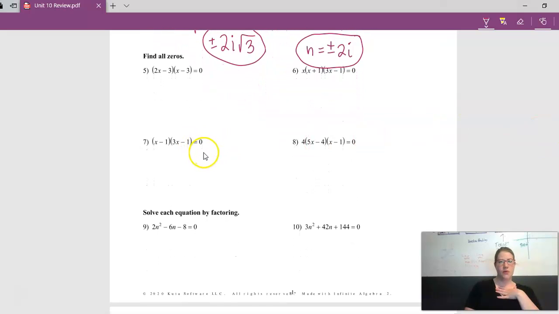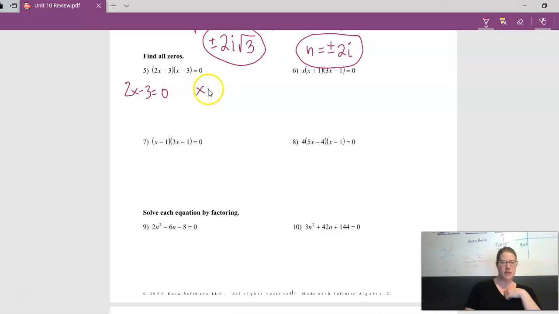Okay, this next section, we are finding all the zeros. So remember, if I have any number and I times it by another number and it equals 0, that means one of those numbers would have to be 0. So in order for this to be true, for it to equal 0, either 2x minus 3 would have to equal 0,